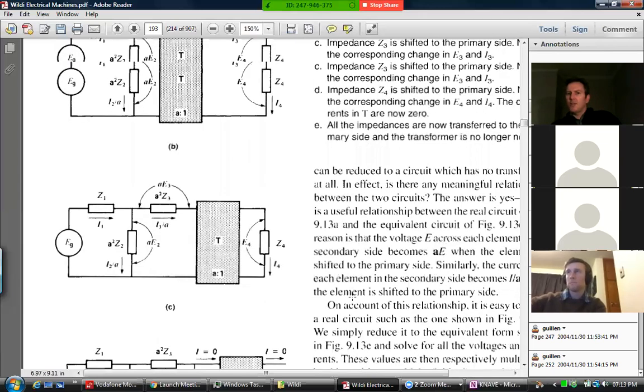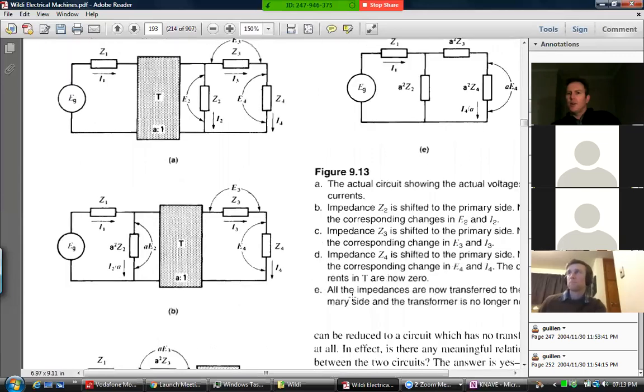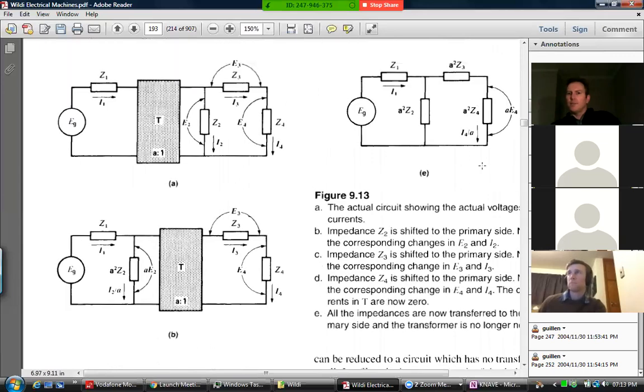That means we can actually show it like this. The dead end, we've taken it away. It was sitting over here. So it's gone. Now each and every load has been redrawn as if it was seen to be on the primary side. And the transformer has now disappeared altogether. And now we're in a position where you could analyze this to find what currents flow and what voltages are produced across these different components by the normal rules of